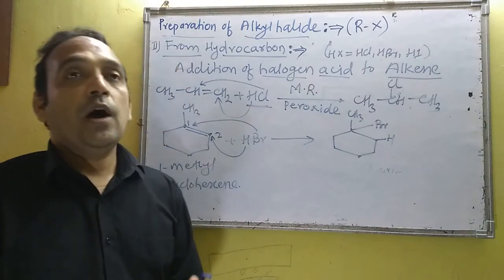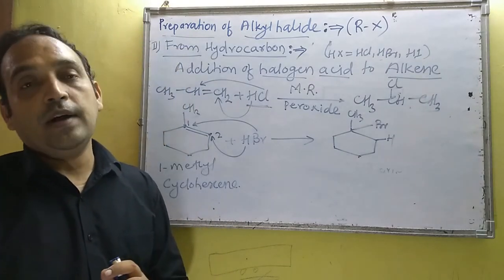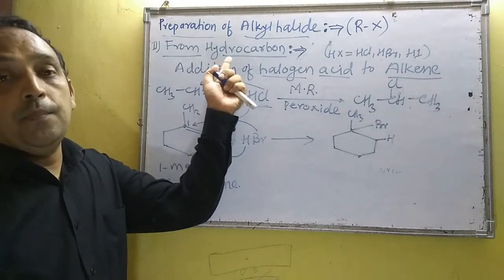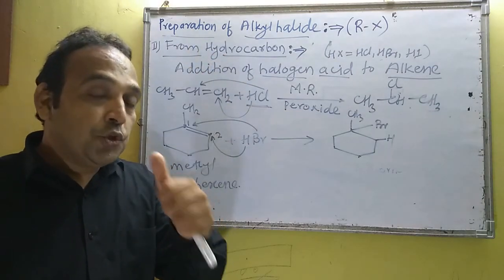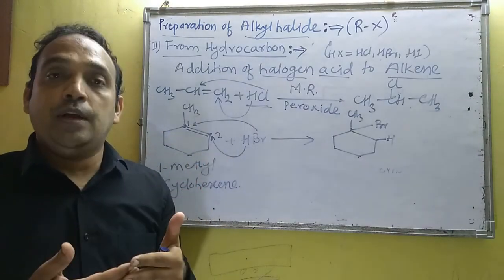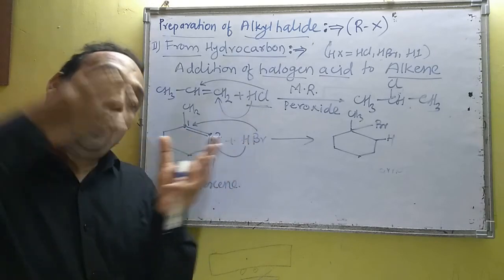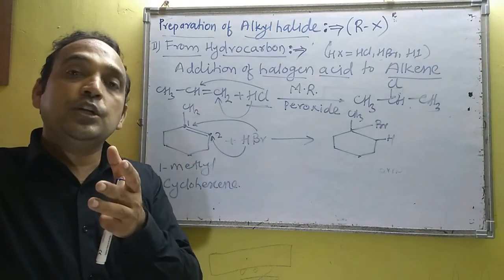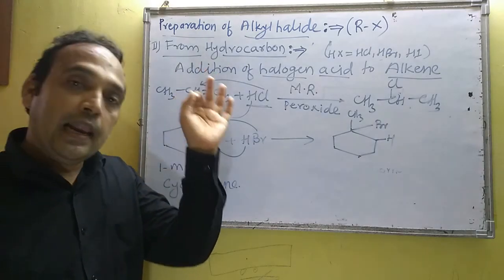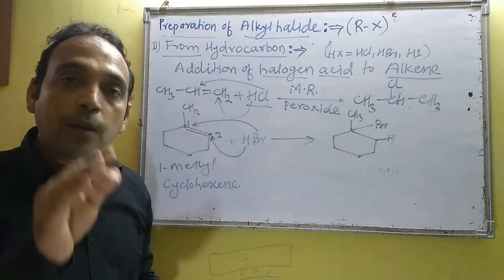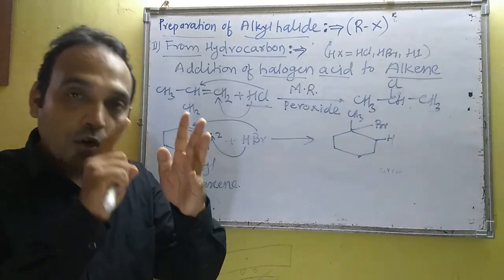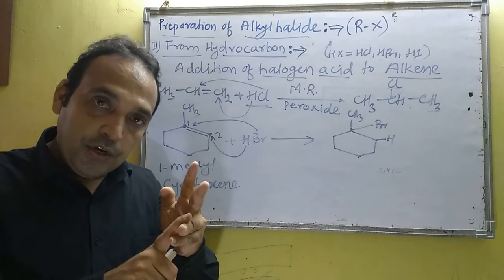So this is our second method of preparation of alkyl halide, that is from hydrocarbon, and in hydrocarbon, saturated hydrocarbon, that is alkane, we will not use. It gives a chain reaction because mono and polyhalogen derivatives are formed. That's why we will use here addition of hydrogen halides across the carbon-carbon double bond of alkene, and try to cover all rules: Markovnikov rule, anti-Markovnikov rule, and